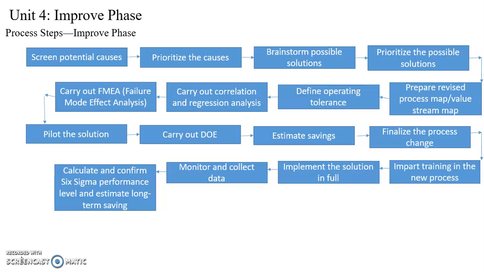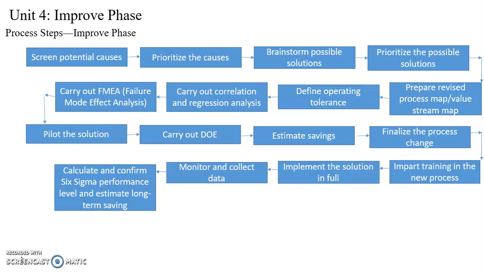The next step is prioritize the causes. During the screening of the causes, the team identified some of the causes as critical which need to be attended to first. So it is necessary to identify which one to go first. Otherwise, the team is likely to spend more time in eliminating a cause which may not be a root cause of the major variation. So in prioritizing the causes, you should take care to identify which is causing the most variation.